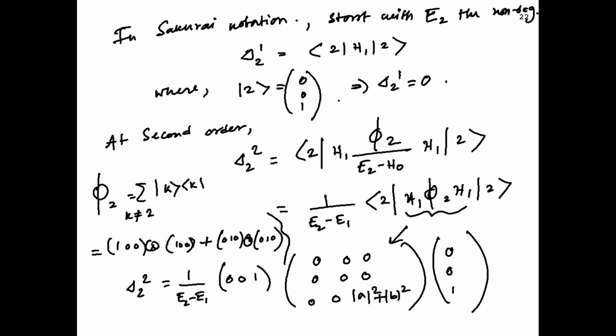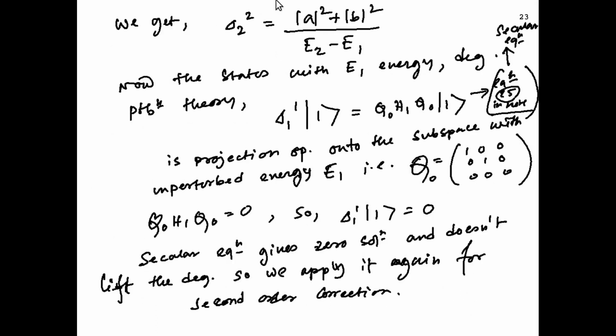Now what is the second order correction? We apply the simple formula of non-degenerate perturbation theory. We know that this phi 2 is the projector which operates on all the states except that state where we were acting it on. You plug it in, you write down the projector form by taking the outer product. It becomes this matrix 1 0 0, 0 1 0, 0 0 0. You plug everything in and you get this formula, which is simply a number: delta E2 is a square plus b square by E2 minus E1. That's the first non-zero correction to your energy eigenvalue.